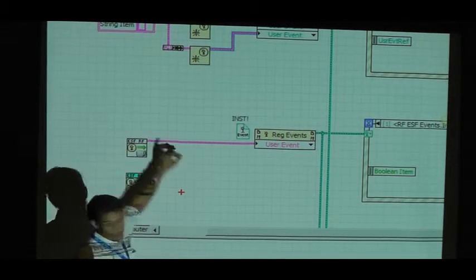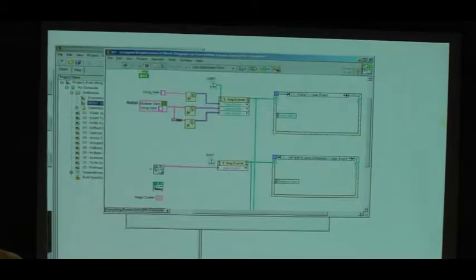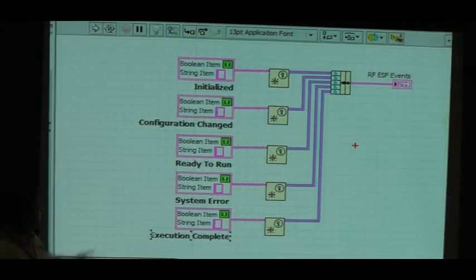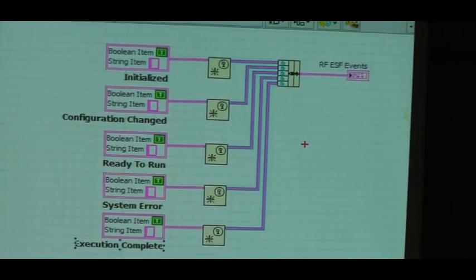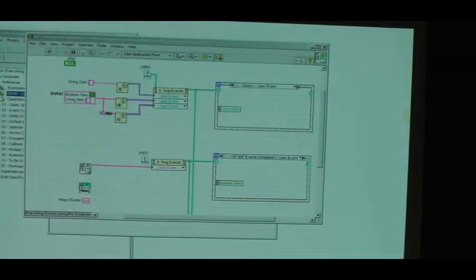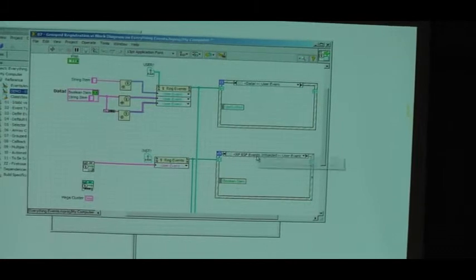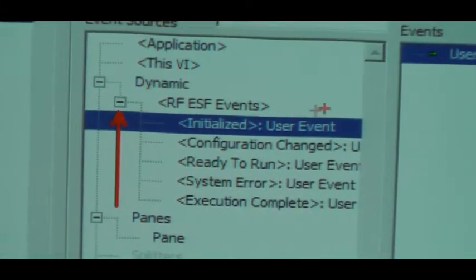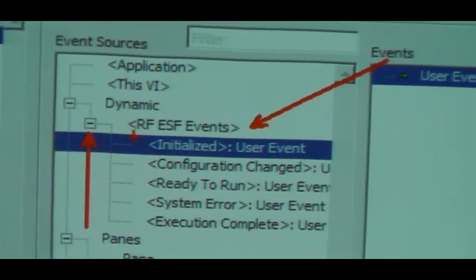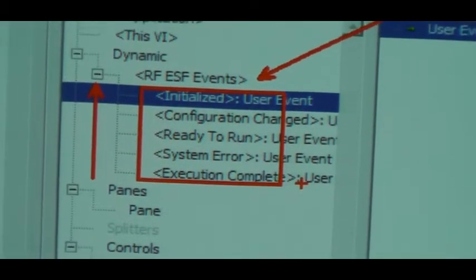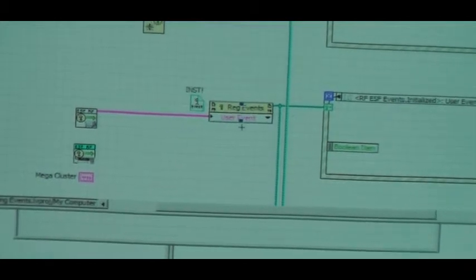And so what I can do is in the guts of this, or when I'm designing my API, all that I do is bundle all those user events together and give that bundle out. For those of you who raised your hands, you're probably not surprised, but now when I right-click and edit events, you'll see that I have an extra level in my hierarchy of events, named appropriately, containing just the things that I actually care about for that specific device. And I've got one right up underneath it, so the next part of the demo,